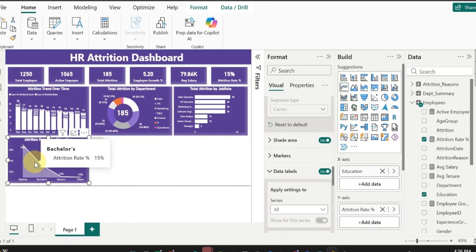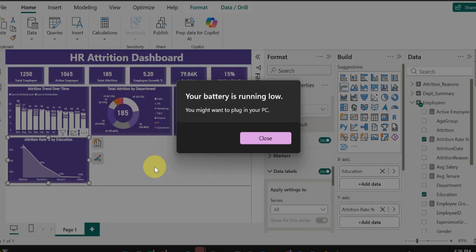If I hover on this, you can see 15% attrition rate you have in bachelor's, 19% in diplomas, and in masters you have 13% attrition, and then you have 13% in the others as well, right? So after that, I will make the next one, which will be